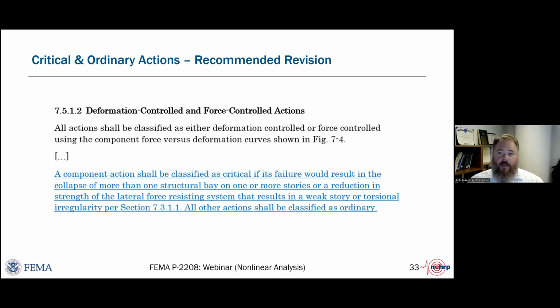So it was also a recognition that if that action lost its ability to either exist in the case of a force-controlled action, or if it lost its ability to support lateral load in a deformation-controlled action, and it significantly changed the response of the building, that was a critical action. And then there should be different acceptance criteria for critical actions than ordinary or non-critical actions.